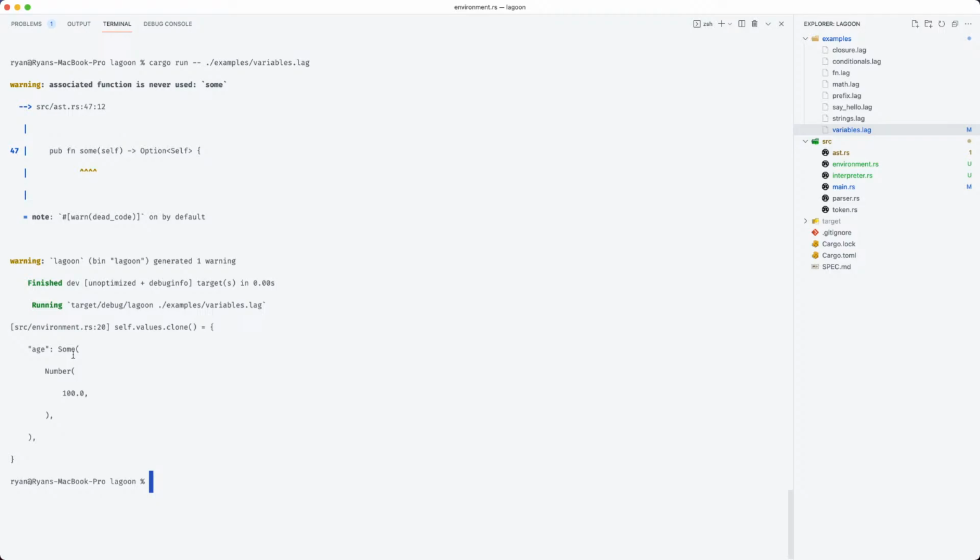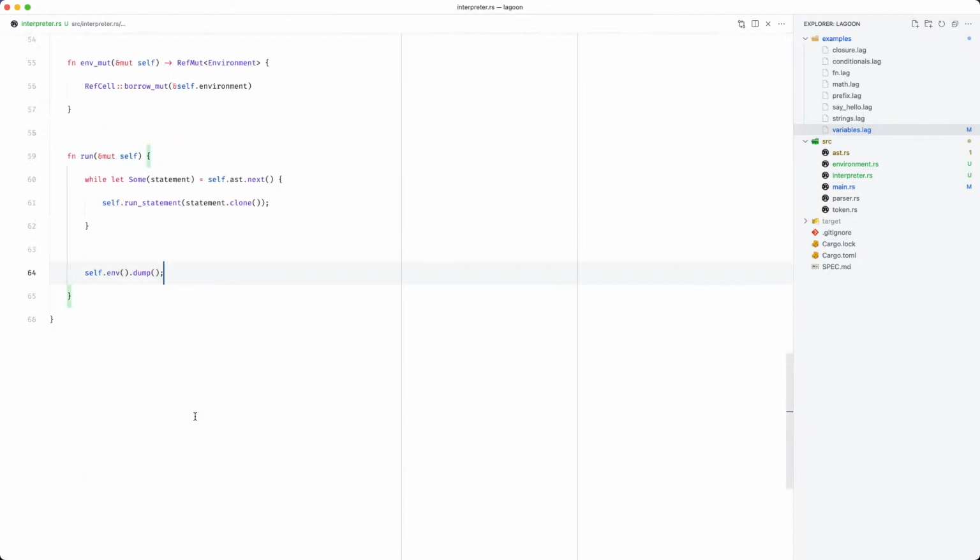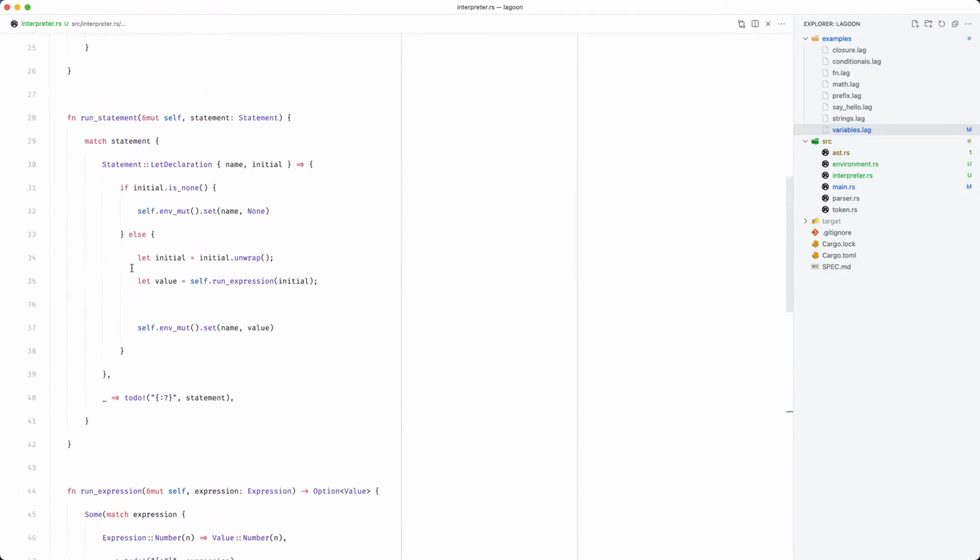And any time you try to use an empty value, something that is none, it would just generate a runtime error anyway. So we'll leave it like this for now. So that's a very basic interpreter. You just kind of loop over the statements and run some expressions and modify some state.